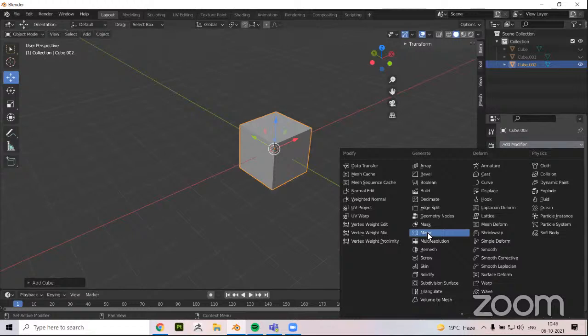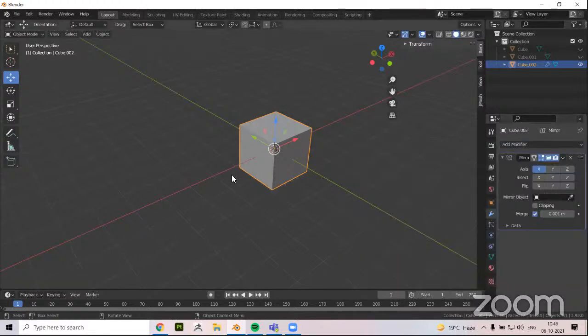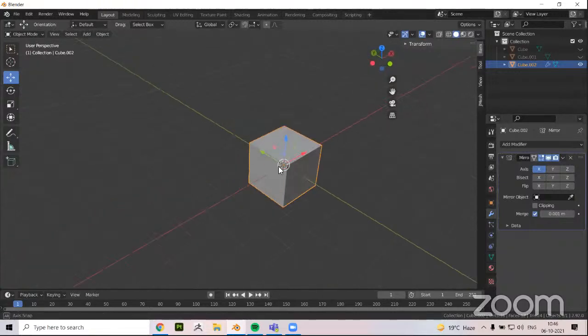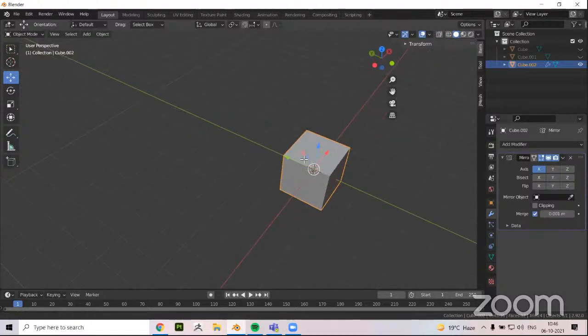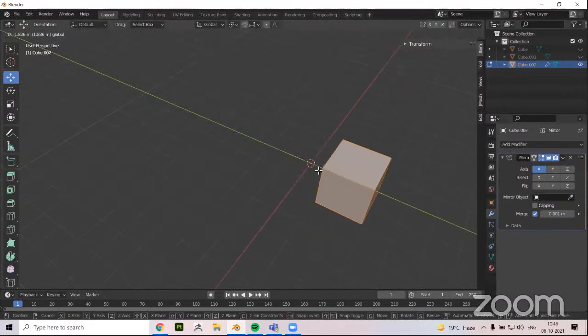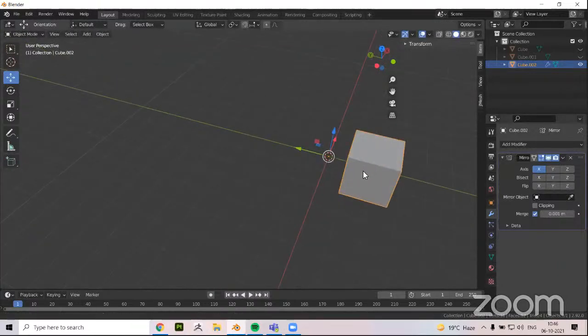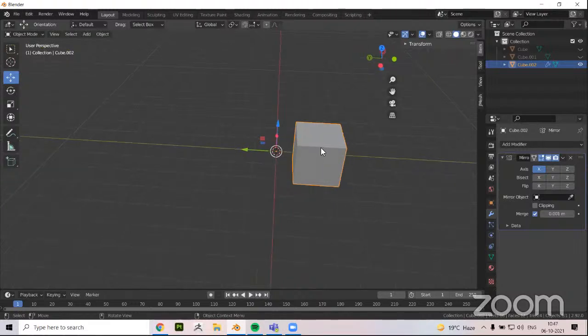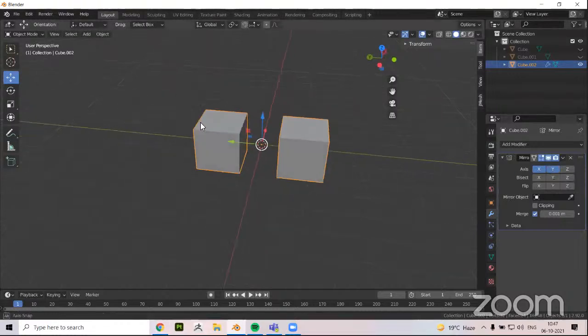And another very highly used tool while modeling, I would say, is mirror. So what mirror does is, if right now I have this cube selected and I want to have a mirror of it. So suppose in edit mode, I'm moving this thing in the y-axis and I want to have a mirror of this cube, and I have its origin still in the center, and I want to have a mirror of this cube on the other side as well. So I'll just switch this thing into the y-axis and we can see that I have a duplicate of this cube